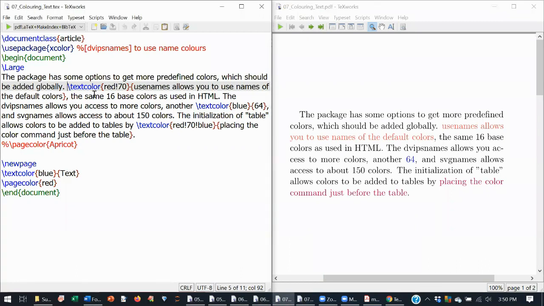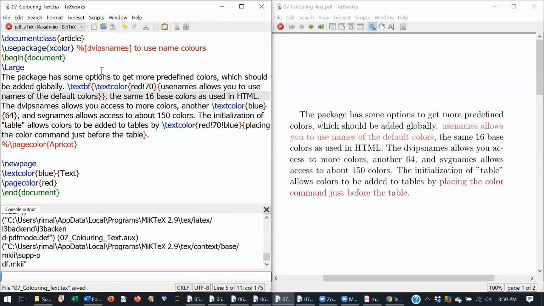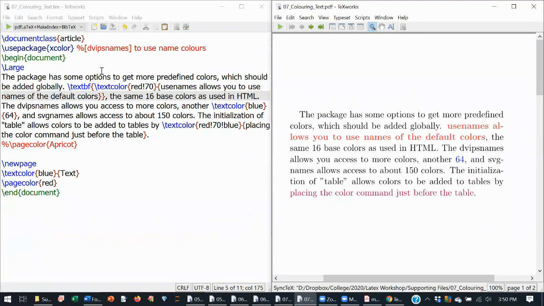So if you want to have bold also, you can give \textbf, and put the whole thing inside the bracket. So that region will be bold. So anything you can do. All the commands should have their syntax, and inside the curly bracket you have to put it properly. Then you can give the colors. Okay, you can see you can have multiple colors.